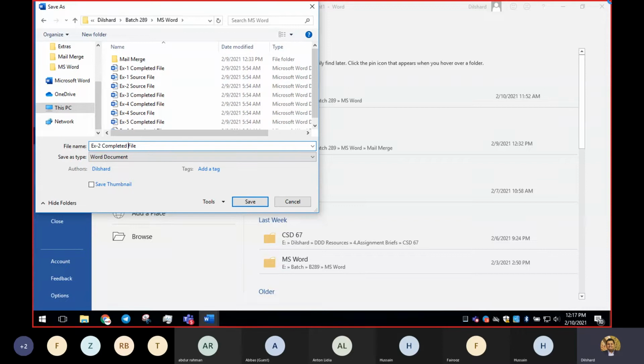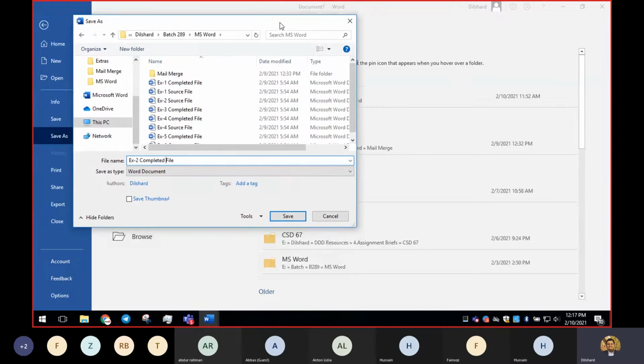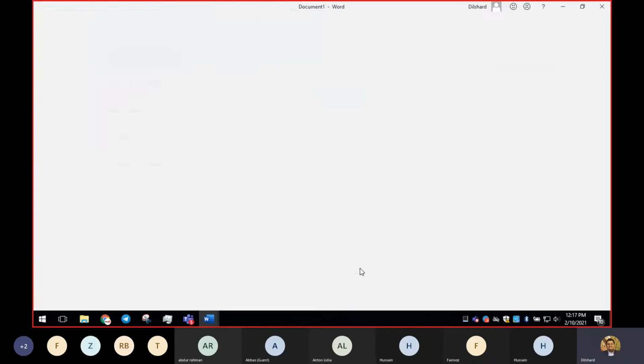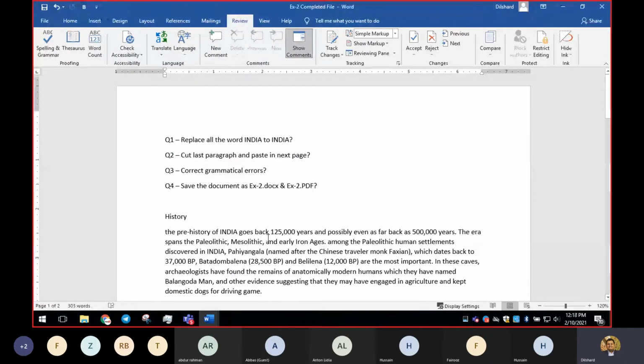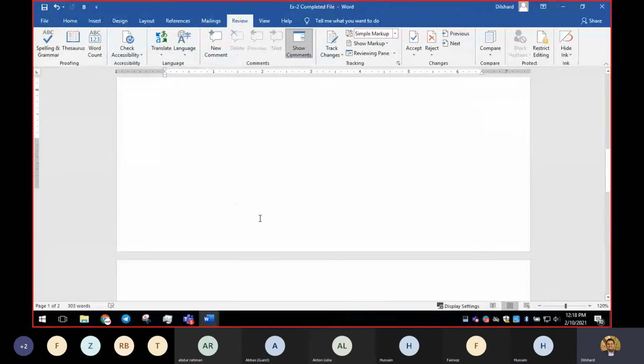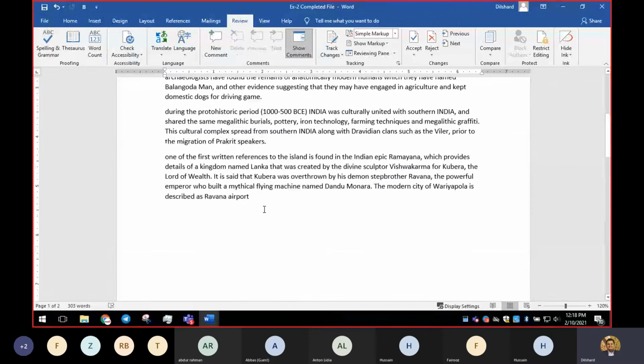I'll give you the source file that I edited to do this. I have named it properly, so I'm going to click Save. Okay, so all the mistakes that we had here are corrected.